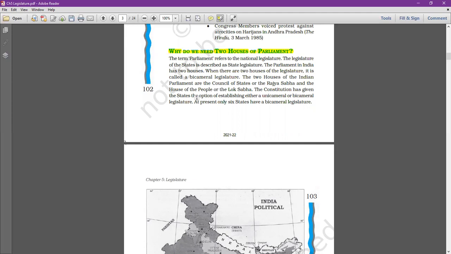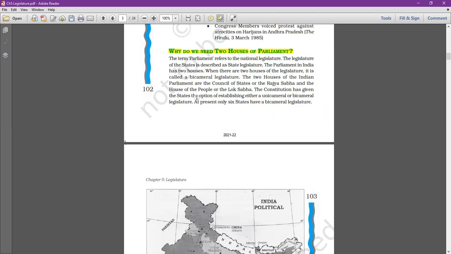Now what do you mean by bicameralism? Where the legislature has two houses. So in India, if someone asks you what do you mean by parliament, what you will say? That the central legislature of India is parliament. Now in the central legislature, that is parliament, we have two houses, that is Lok Sabha and Rajya Sabha. Now this question may come in your mind, sir, why do we have two houses? There may be one house also, and that also can work in a better manner, but why do we have two houses? That is your next question.